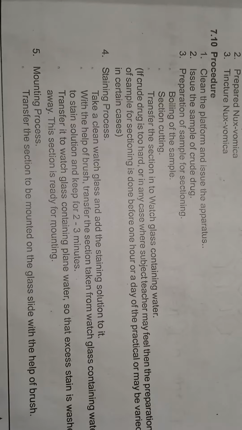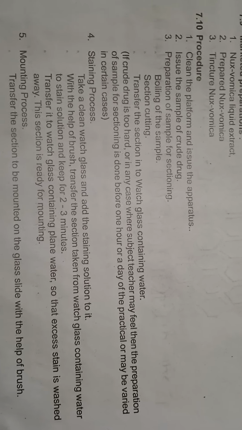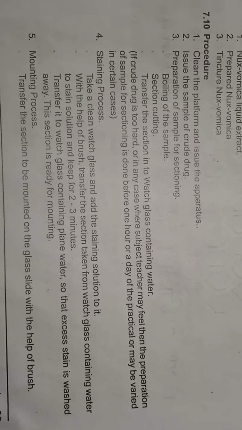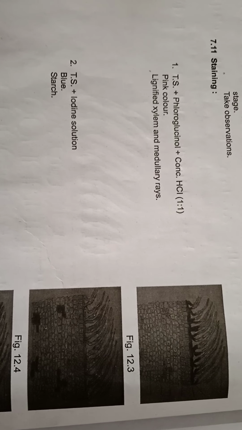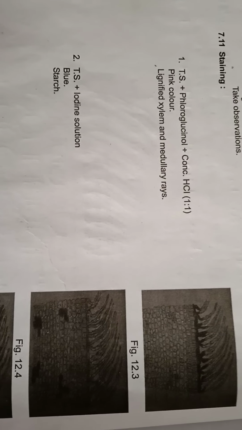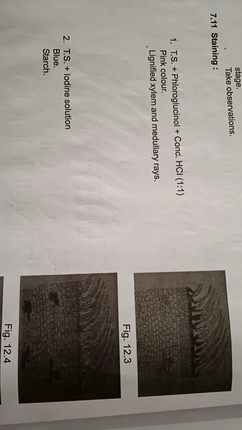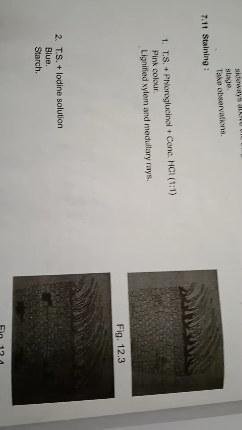Here you can see the procedure which is given for taking the TS of the sample, which I already showed you. You have to boil the sample before taking the TS, as the seeds of the Nux vomica are very hard. Okay, now I showed you the staining also. The TS plus phloroglucinol HCl you have to take. The pink color will be given to the lignified xylem and medullary rays which are present in the seed coat of the Nux vomica seed. ओके तो जहाँ पे ट्राइकोम्स प्रेजेंट है उसके नीचे ही द बेस ऑफ द ट्राइकोम्स दे आर एम्बेडेड इन द xylem cells of this Nux vomica seed.